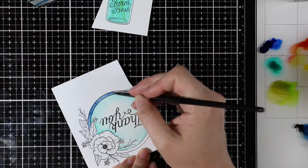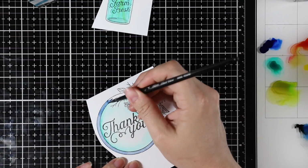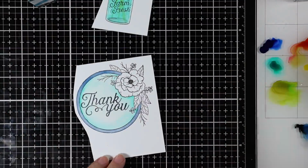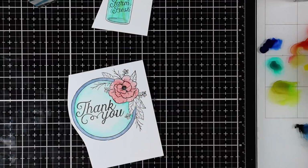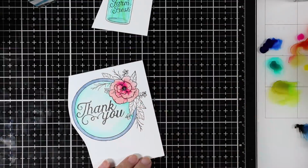really enjoying the process. So for this kind of navy blue color, I actually ended up mixing the sapphire with a bit of the licorice just to darken it, to get it closer to the navy shade of blue in the pattern paper pack. And then there's also kind of a purpley color. So same thing, I mixed the pink and the purple together to deepen the color and just add